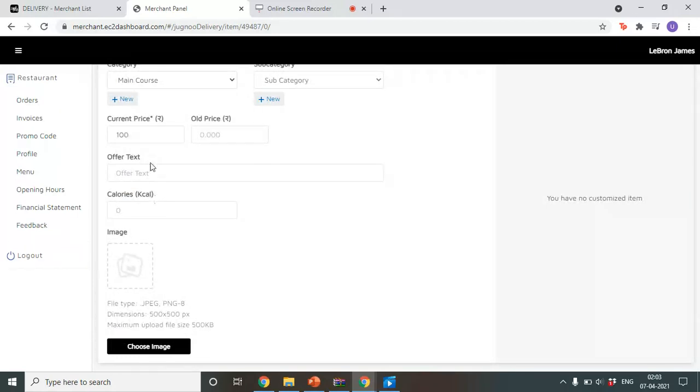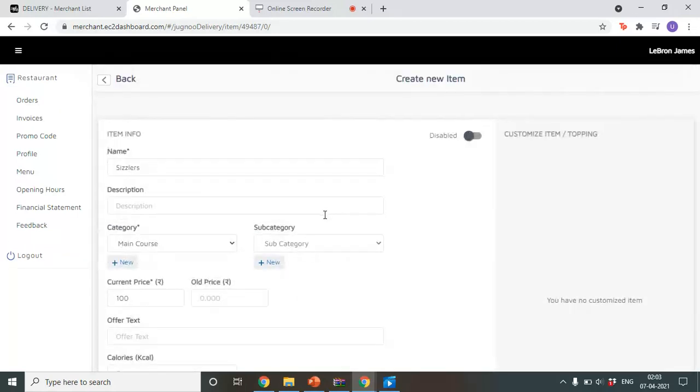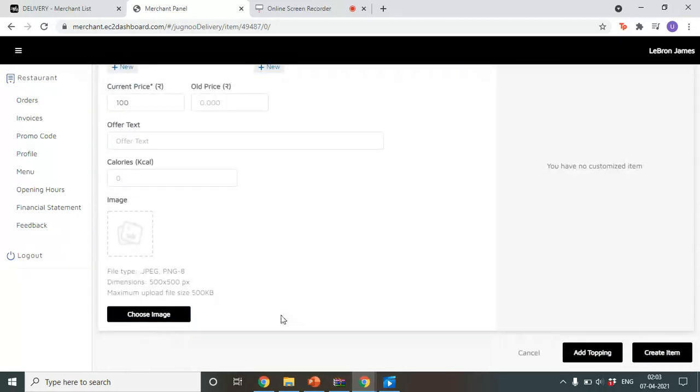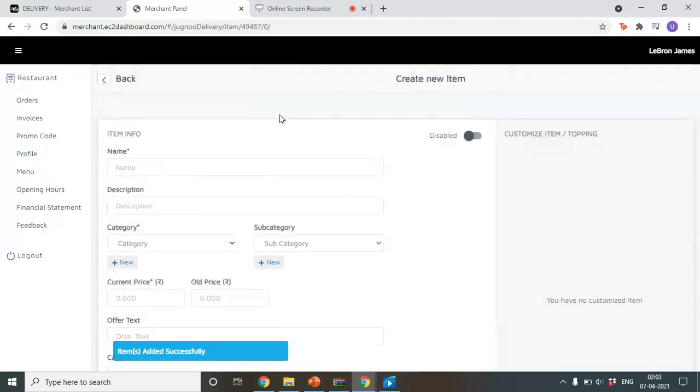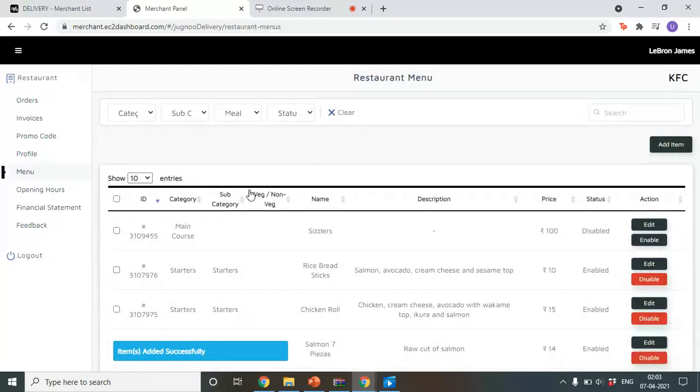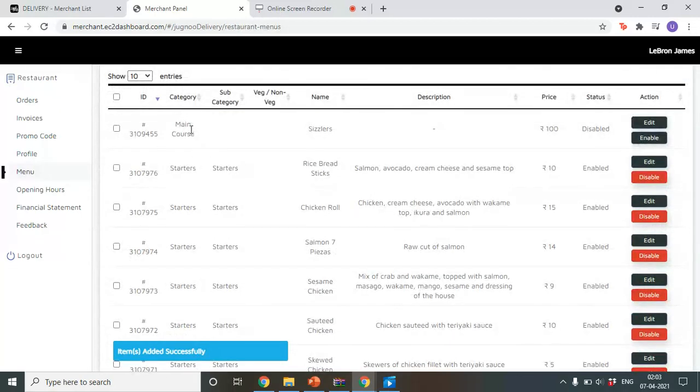Then image, then calories, all other things are optional, and then we can just create the item. As you can see, the item has been added successfully. When I go back, you can see that a new item has been added, the price has been decided, and this particular item can now be sold.